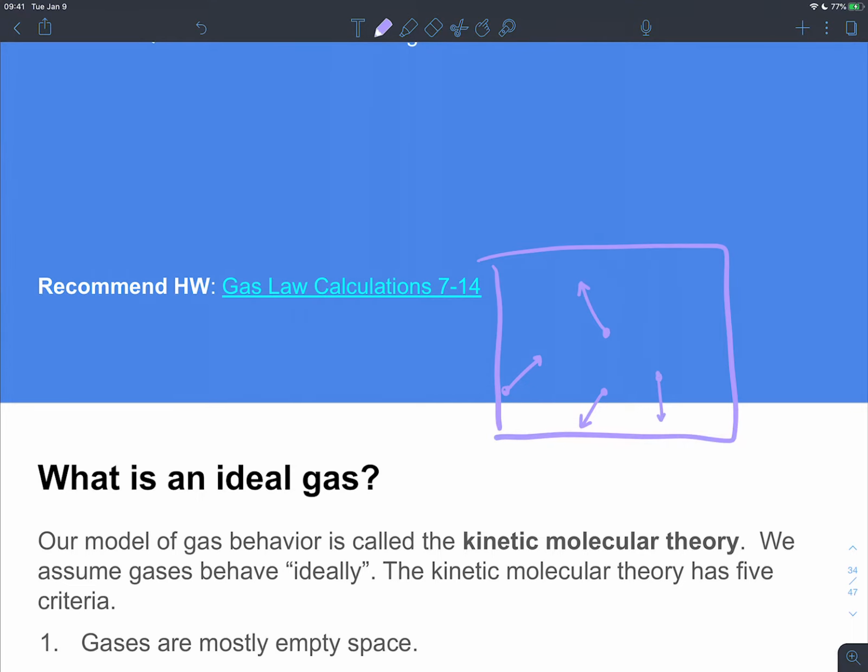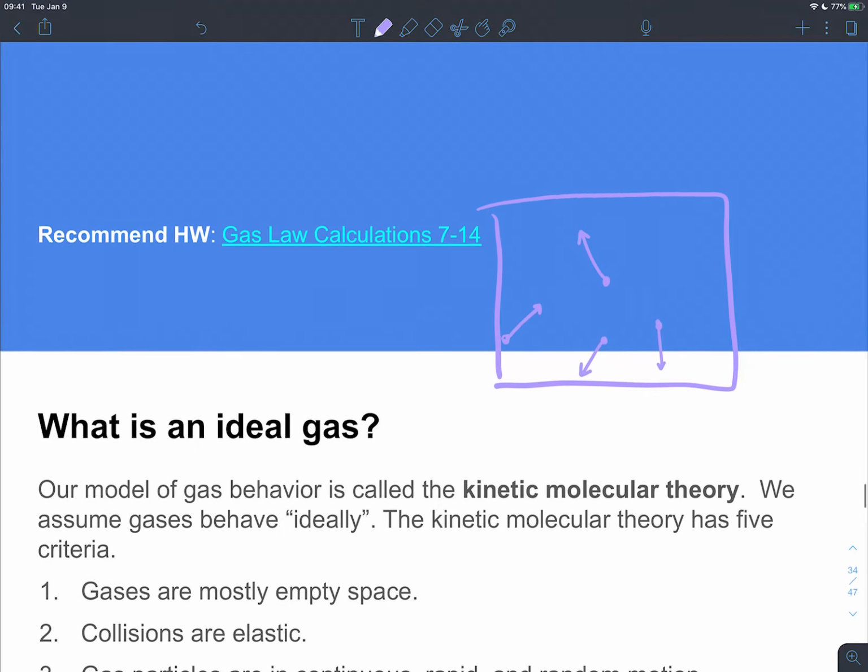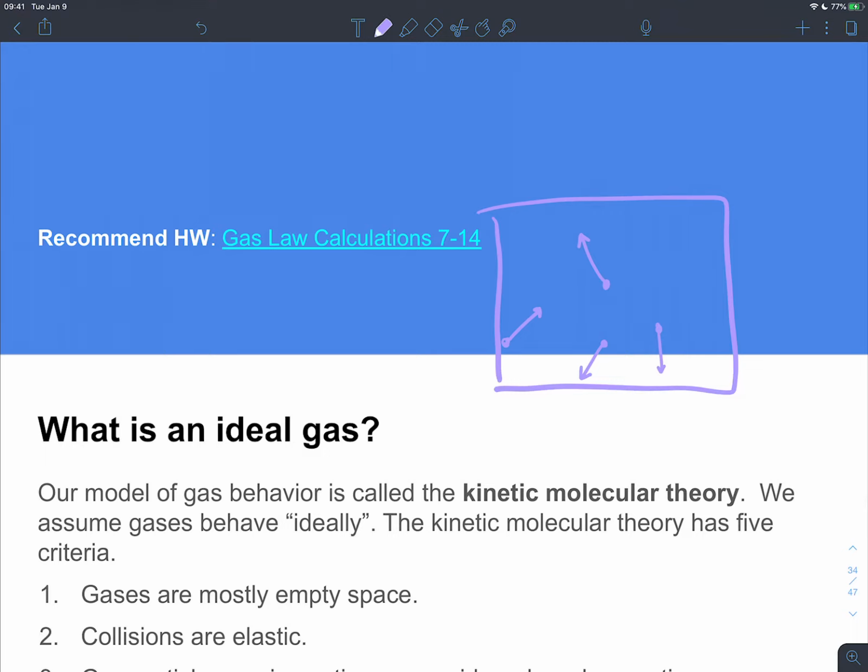We've been looking at these 3 quantities for gases, but again, we have some assumptions about them. So what are these assumptions? One, we're going to pretend that gases are mostly empty space. The difference in size between a helium atom and an argon atom isn't that big. Kinetic molecular theory assumes they're all really small, basically empty space. Second, collisions are elastic. This word comes from physics. It means that no energy is lost when particles